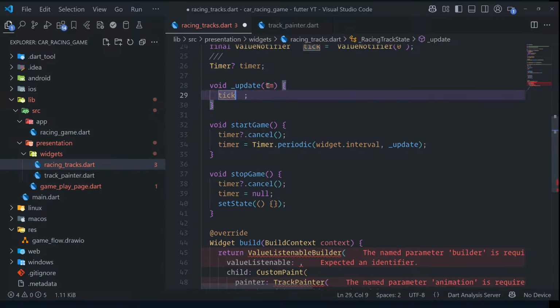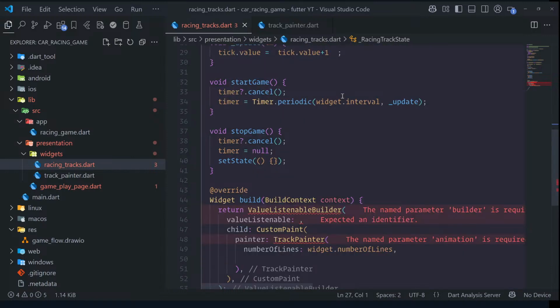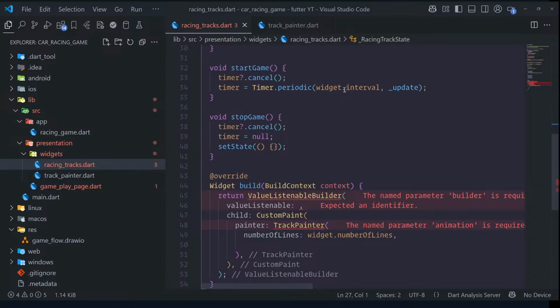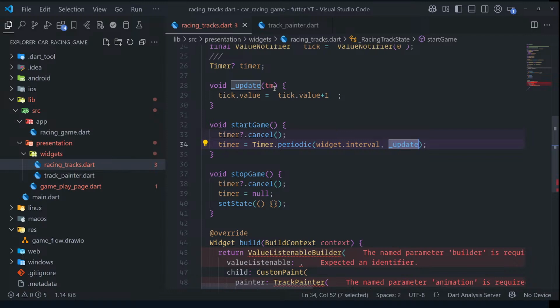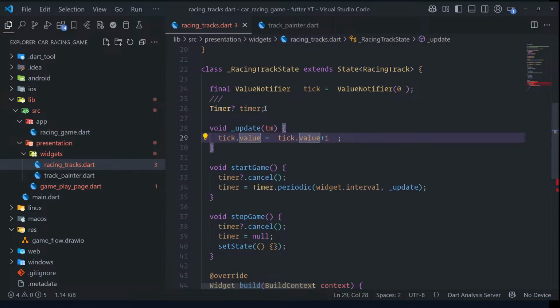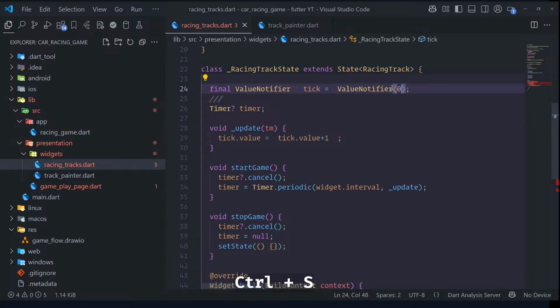Oh, we cannot just do it like this. So tick.value plus one. What I mean here is that this returns a timer, and timer has a tick property. We can use that thing as well. But anyway,